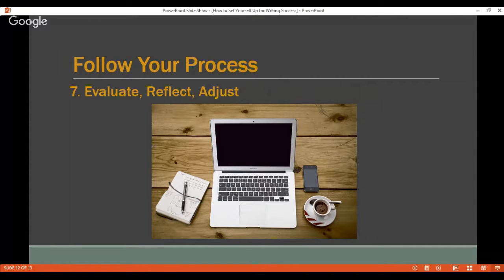And then I reflected. I looked back over the last week or so and recognized how many times I'd been interrupted, how many times I'd been stopped from doing my writing and distracted onto other things. And so I decided to adjust. I realized that wasn't working. It was time to adjust. I needed to make changes. So I did. I made the change, and what I did was change my schedule.